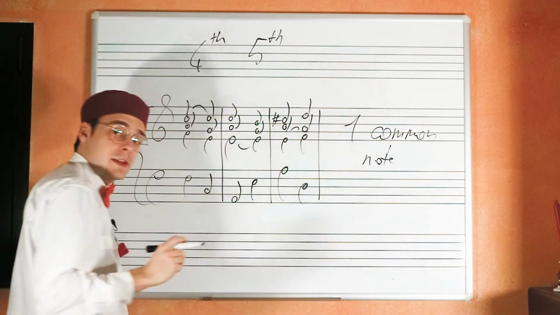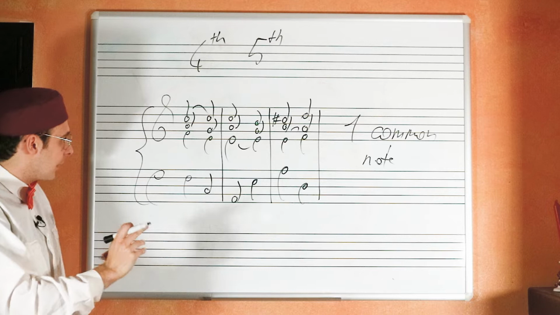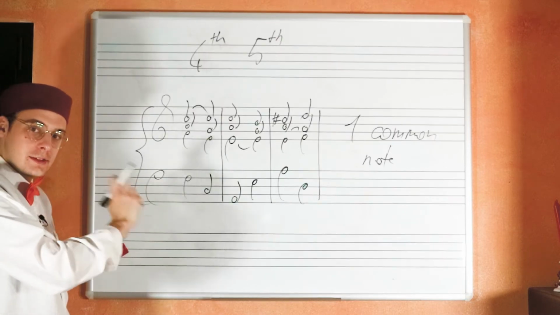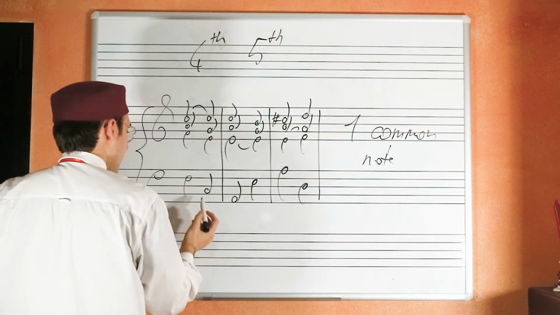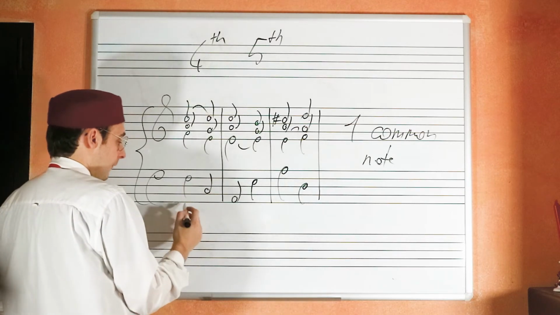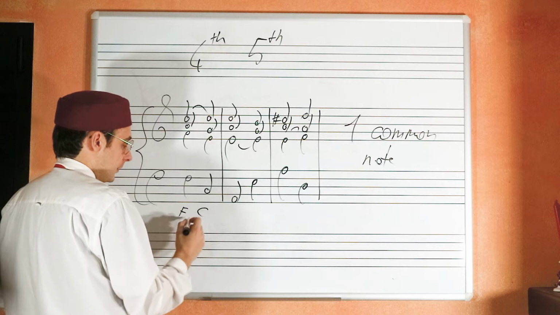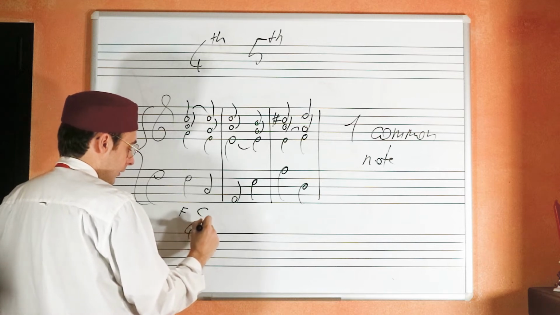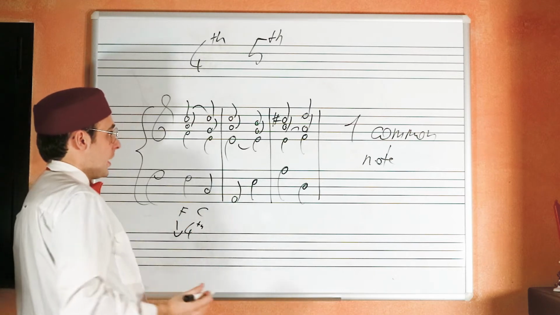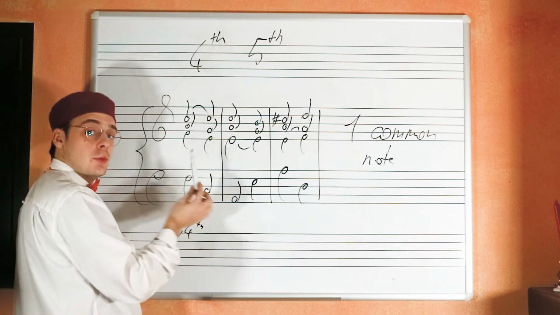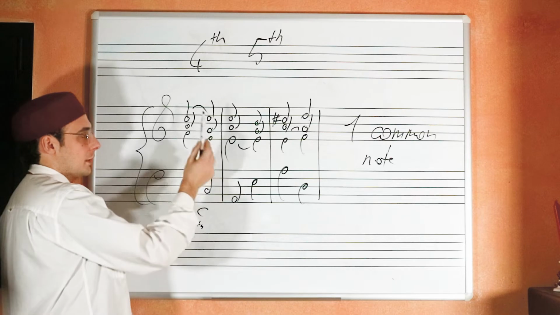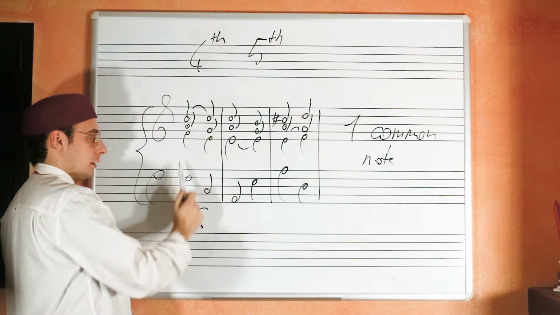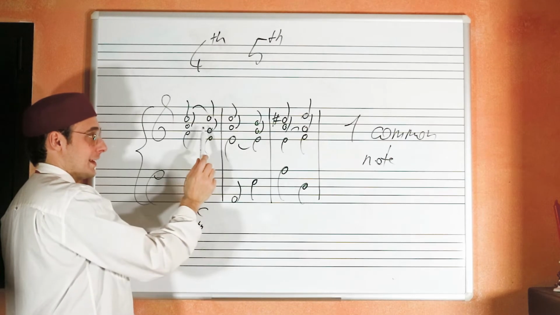And also in this case, I must keep this note in the same voice. Let's look at the first example. We have F and C, that is a descending fourth. The common note is C, and we have the C in the upper voice. We have to keep the C in the first and in the second chord, in the cantus,